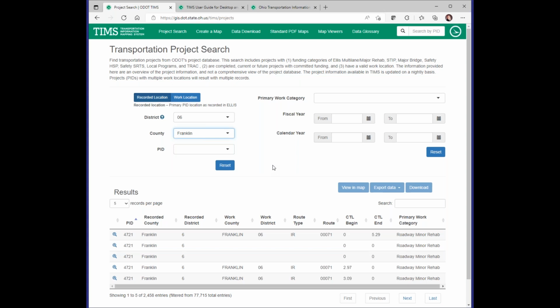application. But I guess this is also a good time to read the blurb at the top of the page that tries to explain what projects make it through to the TIMS application. So it depends on the funding category. That will include Ellis multi-lane or major rehab, STIP, major bridge, safety HSP, safety SRTS, local programs, and track. So those are the funding categories. It must have committed funding. It must have at least 50% committed funding to make it through to TIMS, and it must have a valid